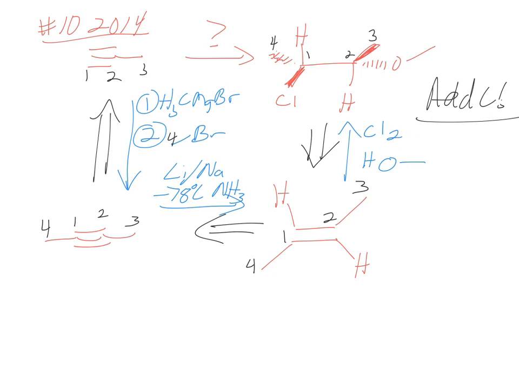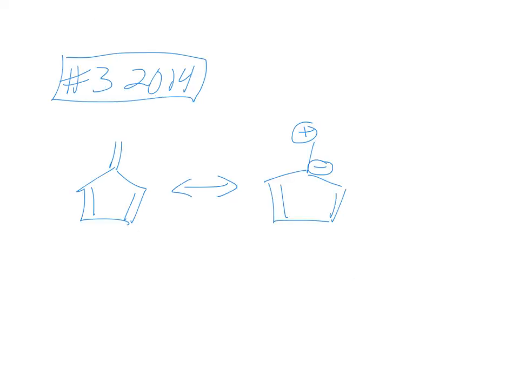If you wanted to add H's syn, you could do that with H2 and palladium on carbon from an alkene, or you could have added H's syn from here with H2 and Lindlar's catalyst, right? Then there are different pathways to get there. Good. So this is